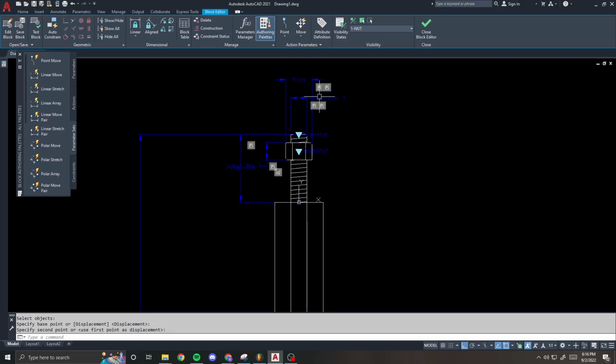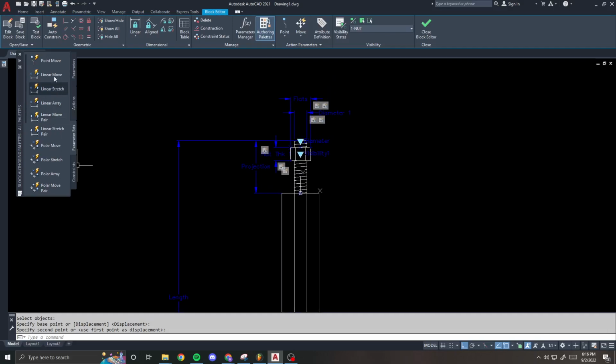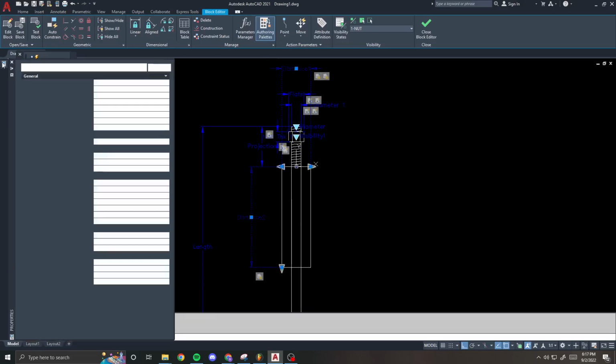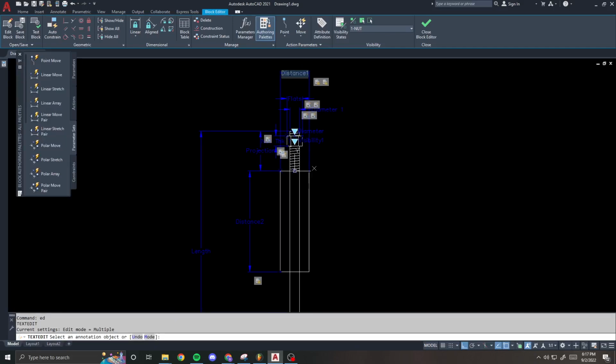Just like the diameter one, you apply stretch parameters, linear stretch. Who am I kidding? I'll just do it real quick. Here, not linear stretch pair. Here. And you do linear stretch singular down to here. You don't show these in the properties, so you say no. You say no grips, and this is going to be sleeve diameter,